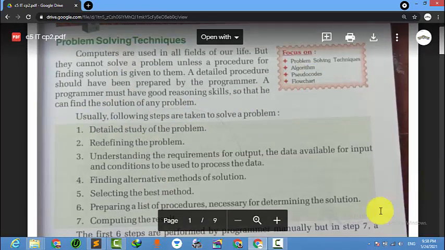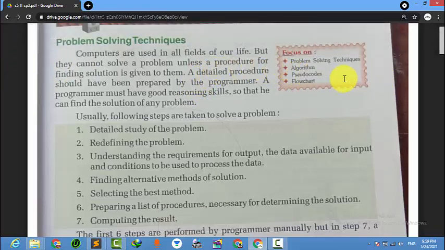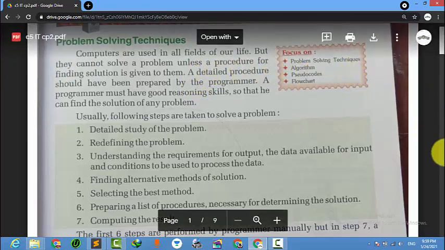Let's take an example of your exam. We have first term, then second term, then third term in a year. We do not directly go to the third term exam, isn't it? We go step by step, first term, second term and third term.